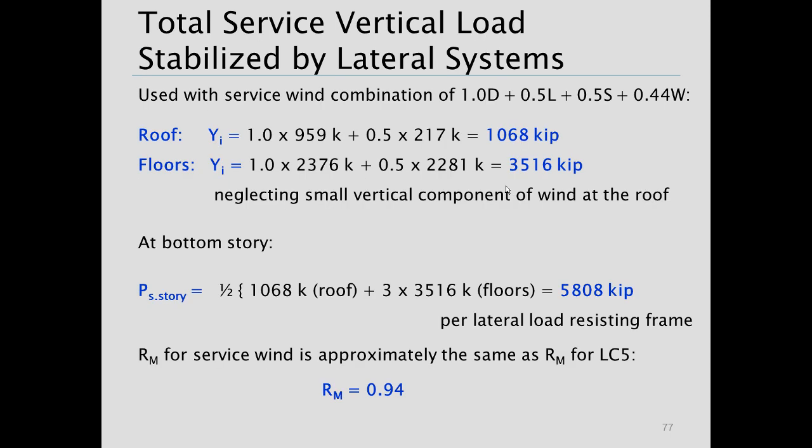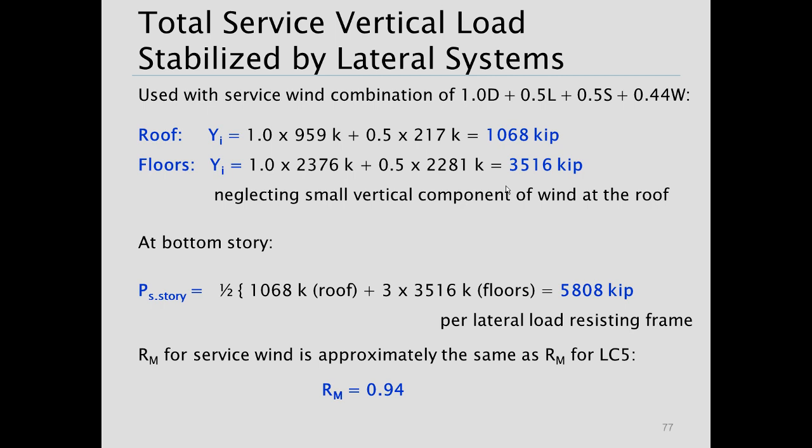All right, so now to basically get at the calculation that I want to highlight from Bill LeMessurier's work, we need to look at our total service vertical load stabilized by the lateral load resisting systems. And so for that, we're going to look at our service wind load combination of 1.2 dead plus 0.5 live plus 0.5 snow plus 0.44 wind. And so with this combination at the roof, we basically have a load applied at the roof, 1068. We have at the floors, 3,516, and that's neglecting a small vertical component of wind at the roof that would come from the directional method